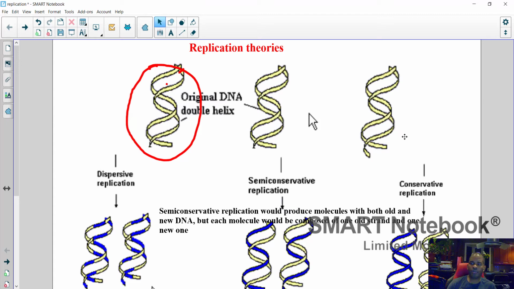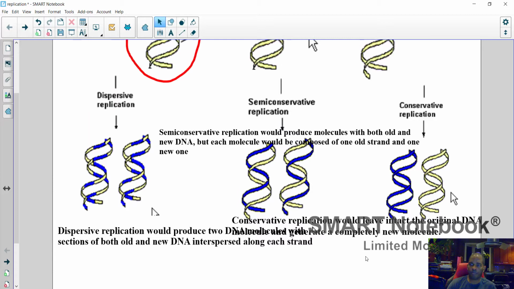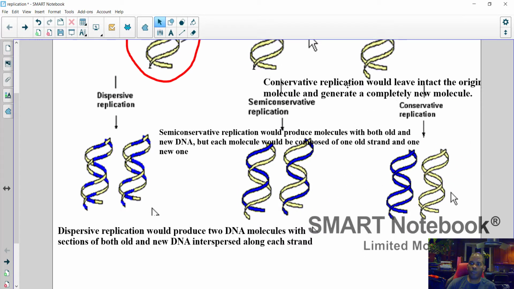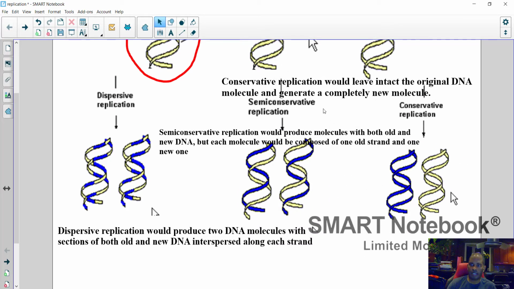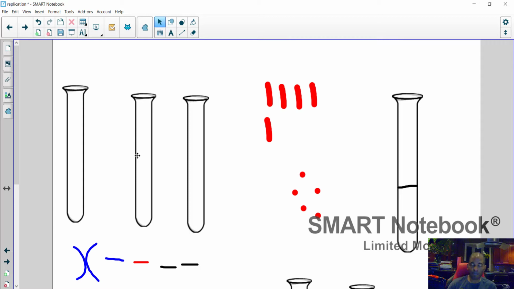And in the third potential model, it's called conservative, where the original DNA stays intact and it produces a copy of itself. And so there's one original and one new copy, and that's known as conservative. So one of these 3 is correct. It's either conservative replication, semi-conservative, or dispersive. And so this scientist duo, Meselson and Stahl,